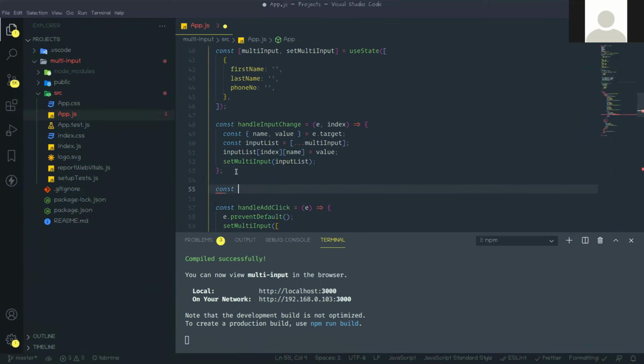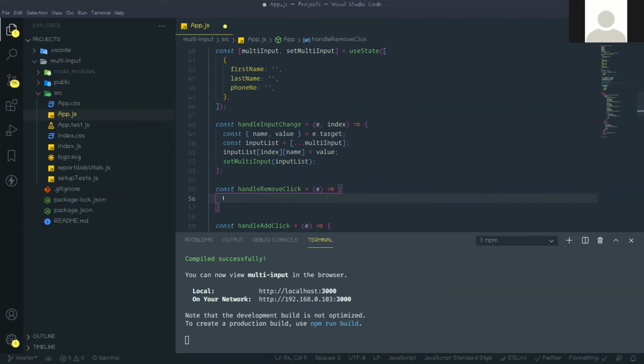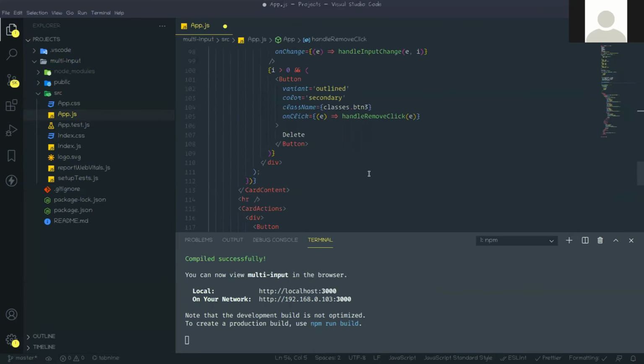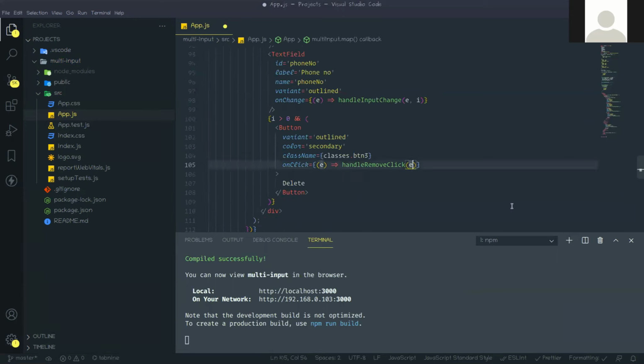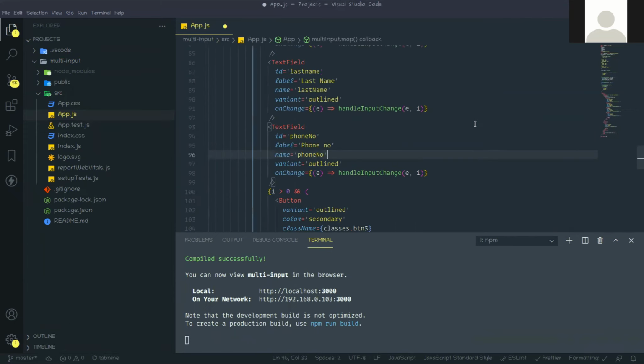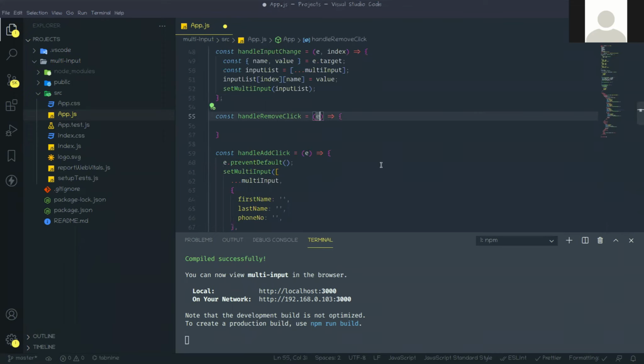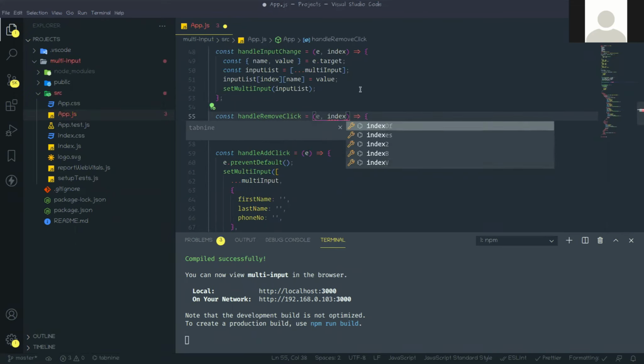So create this method, and here we need to remove those elements. So how to remove? Oh, sorry, it will also take the index, because we need to know which index to remove from that array, right? So e and then i. Now go up. So it will take e and index both.